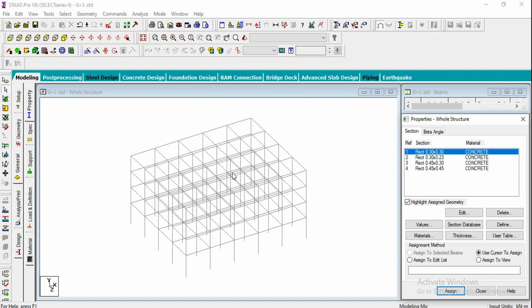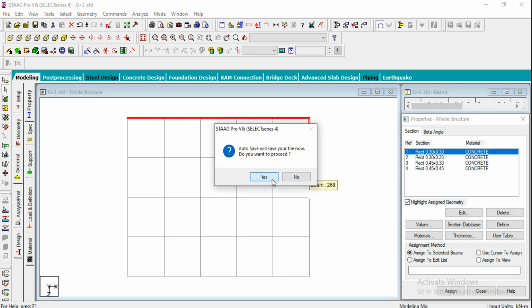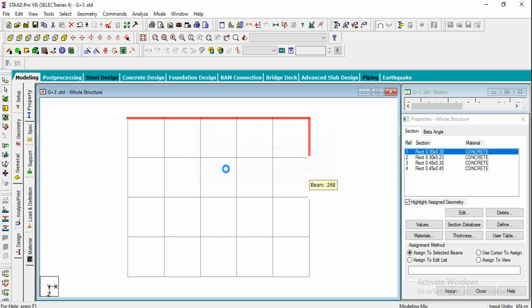If you want to apply to all beams, we can select beams parallel to the x and z axis. But right now, I'm going to go for the top view. You can click on this icon to go for the top view, and just hold the Control button, and you can select the beams from this list. I'm going to select only the external beams here, and all the internal beams I'm going to assign the other property.